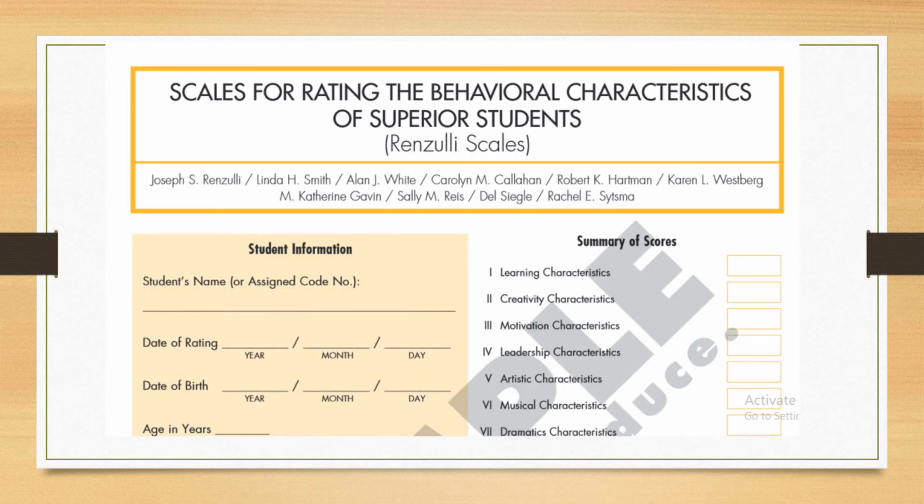This is page 1 of the SRBCSS itself, and you can see you're asked for some information, including the student's name, the date you're rating him or her, the date of birth, so be sure to get that, age in years. And here you can see summary of scores on the right. So the SRBCSS is based on a number of subscales that relate to giftedness. So you're going to be assessing, for example, the student's learning characteristics, creativity characteristics, motivation characteristics, leadership characteristics, artistic characteristics,